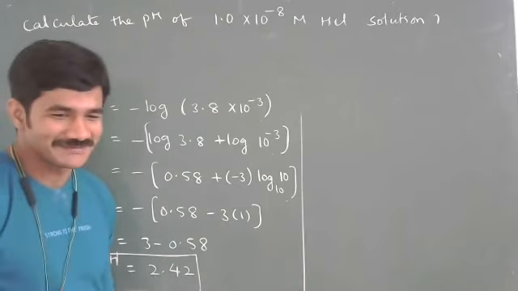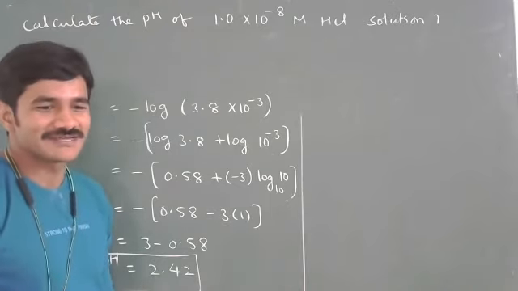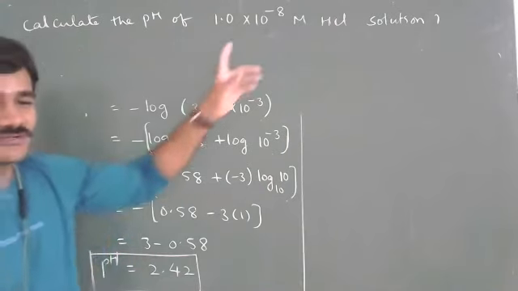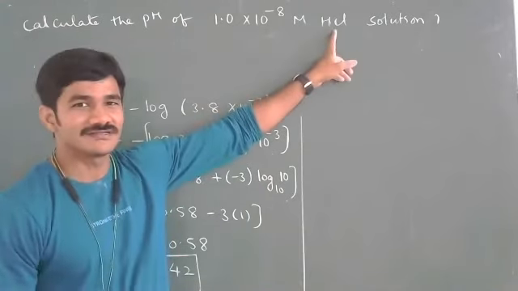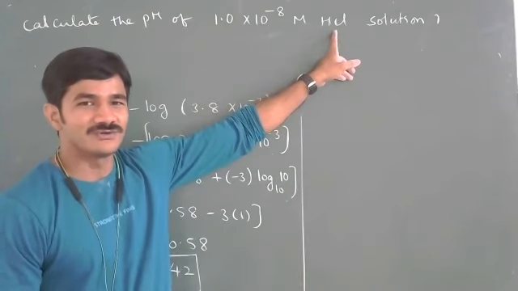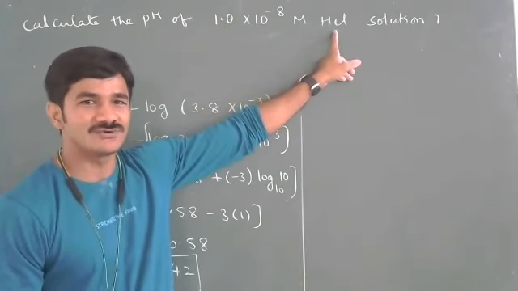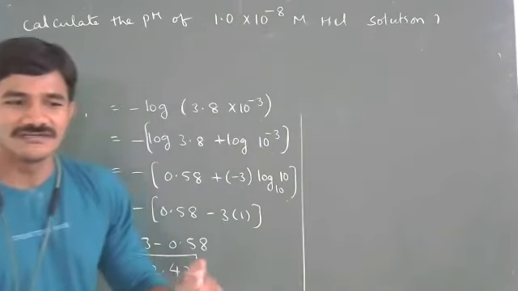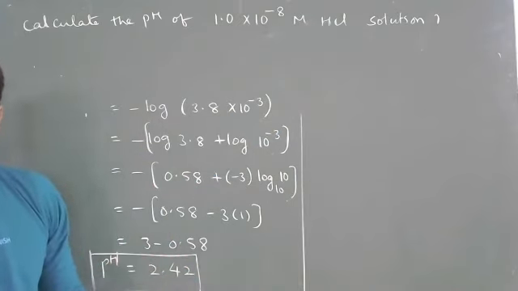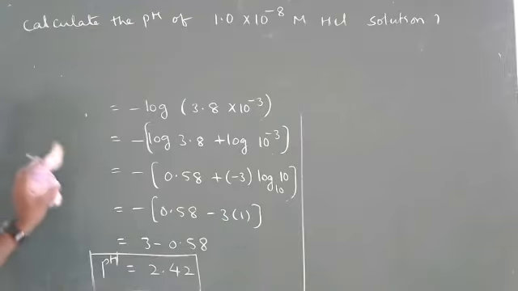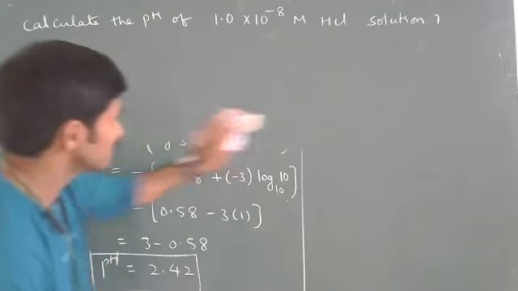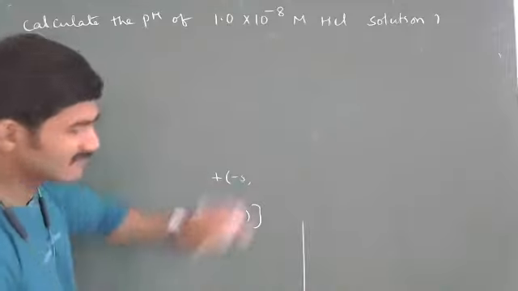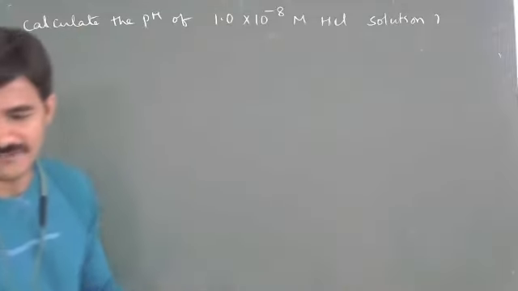I expected this answer from you. You will say 8. But see, if you get pH is equal to 8, the given substance is what? HCl, acid. Do you think that for HCl, pH is equal to 8? Is it true? Whatever the concentration may be, whatever the dilution may be, the pH of acids is always less than 7.